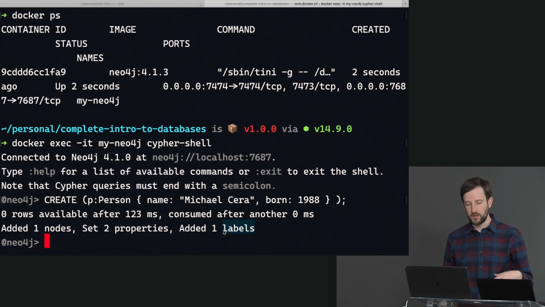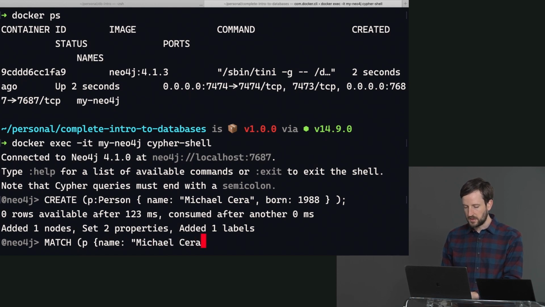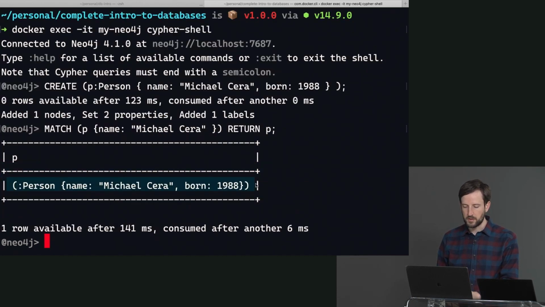So now what happens if I want to query for this particular node that I've made? I'm going to say match p, like this. So again, using a variable. You can say person. This is just a variable name so that we can refer to it later. I'm going to put p because I'm lazy. And I'm going to say name Michael Cera. And this is how I'm going to query for that node that I just created. Here at the end, I need to put a curly brace there. Here at the end, I'm going to have to say return, because you have to do something with that node that we just queried for. I'm going to say return p, and you can see here we have now queried for this Michael Cera node